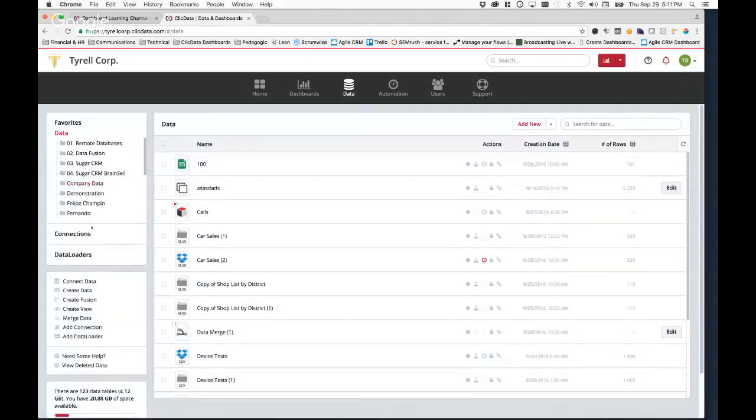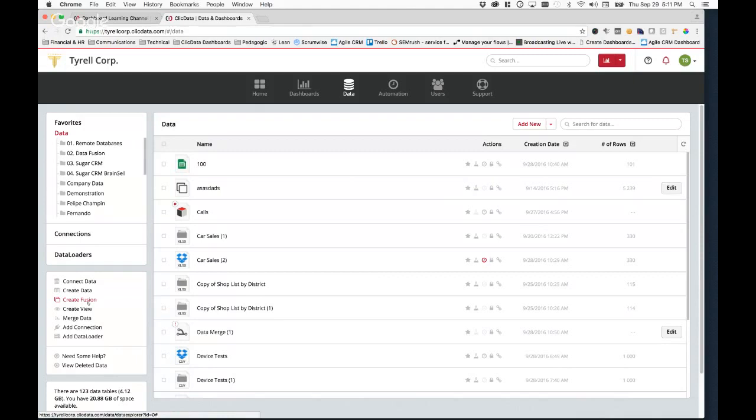The Data Fusion, which is the new feature that I would like to show you today, which was released last week, allows you to combine similar looking structures into one. A great use case for this, and we'll get into more detail later, is if you have a lot of similar spreadsheets from different customers or different sales teams, and every month or every week, they all go into their Google Sheets or their Dropbox and update the latest numbers directly into those.